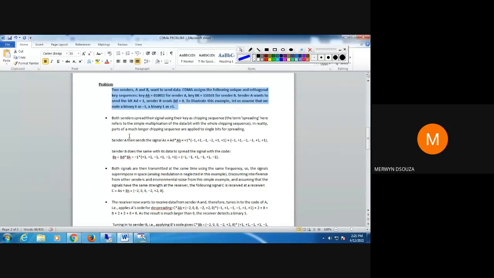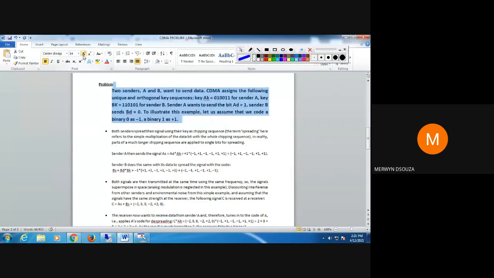So first, you are given a data part and a key. In the question, you have to find that. If you just read this question, you will identify the key and the data part. Then we need to start sending this data stream across to the receiver, and then at the receiver's end you need to get back the original data.